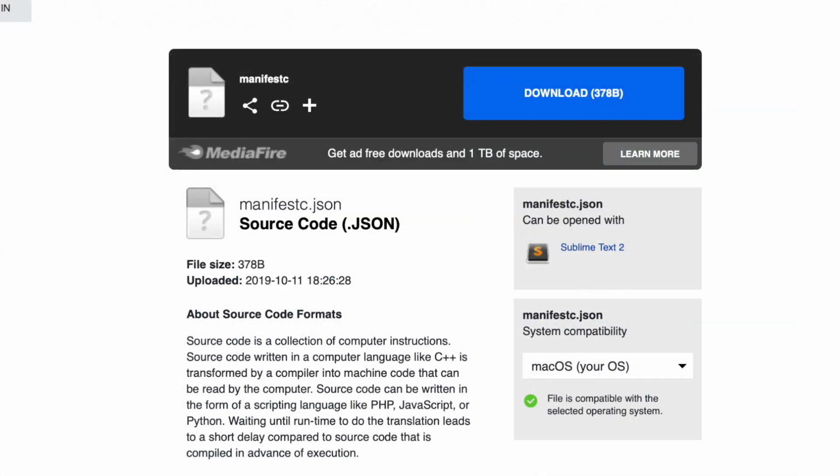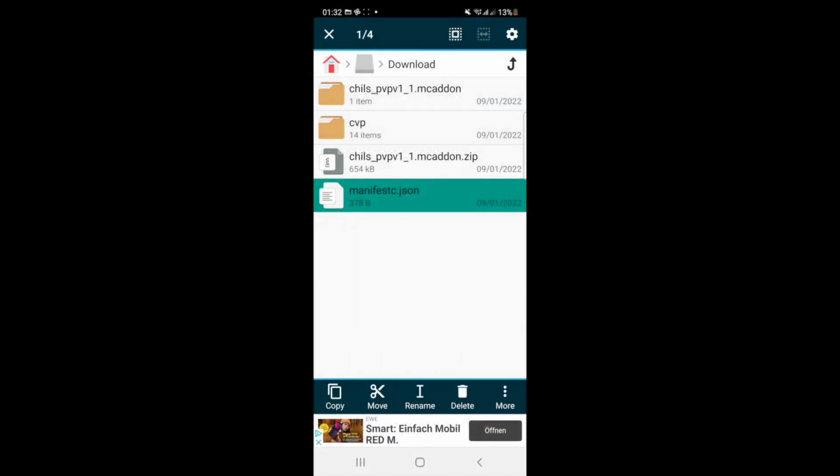So yeah, just a simple process. Click the link in the description, download the manifest file, and get it on your phone, and then you'll see it right here, and you want to select it like this. And after you have the manifest file selected, what you want to do is go to where it says